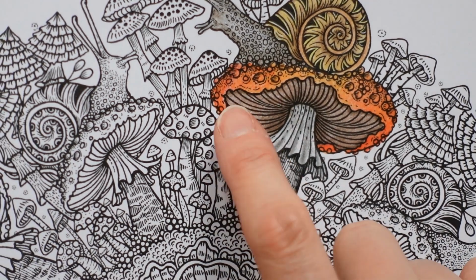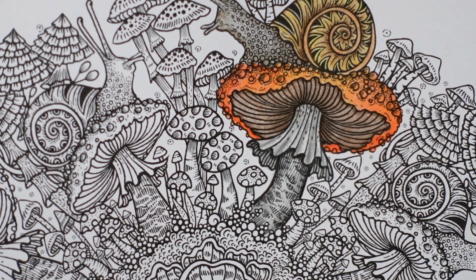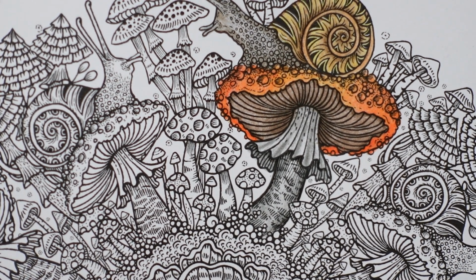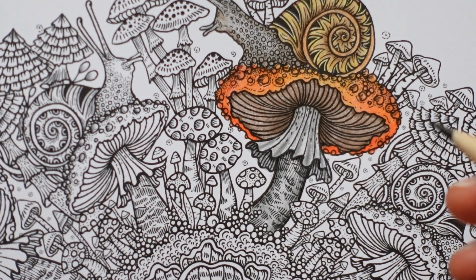Right, I realise we've done nothing with these little dots. Now there's different things we can do. We can put a bit of shadow around them and make them just look like they're sticking out off the mushroom and they're the same colour. Another option would be to colour them in white pen. I think I'm going to go with the shadow option. I'm going to just grab my ivory black and I'm going to put a little bit of